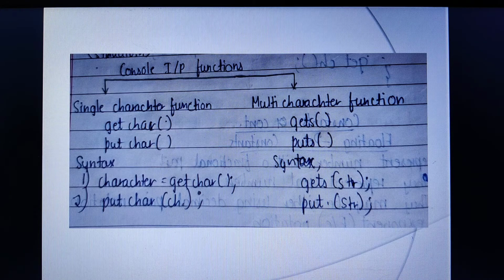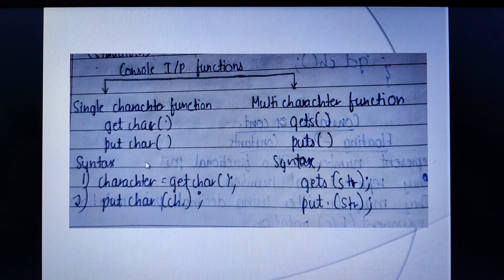Now, instead of the cin object, we can use the built-in function getchar, to read the character entered from the keyboard by the user and store it in memory. Whenever it was a printing statement, I was always saying that console output, cout, is the statement used to print the contents. Instead of cout, you can also use putchar. Okay, putchar is a built-in function.